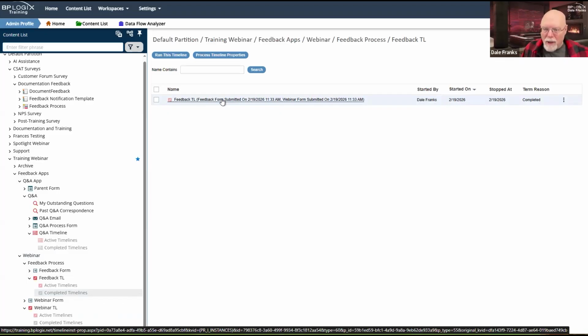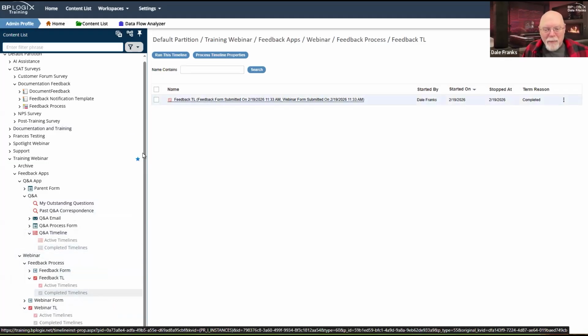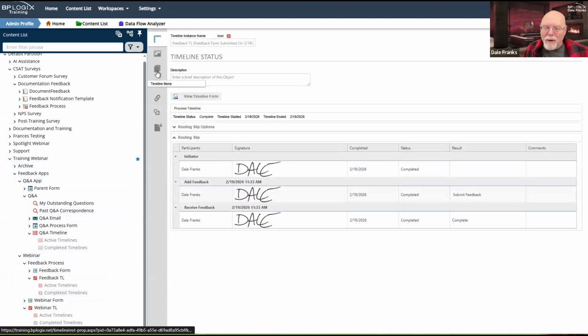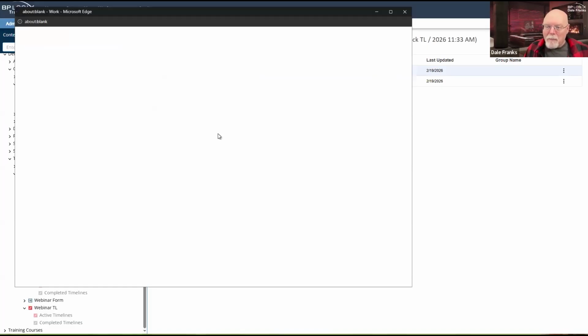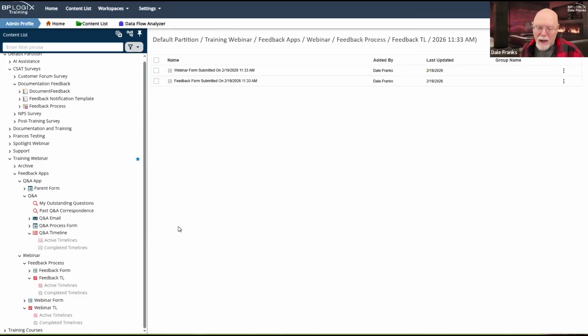So this is the possible security or at least confidentiality issue that I was talking about earlier in my law firm example. So I might not have access to see what's going on in the parent form. But if I do have access down here, it is conceivably possible that I can go to my timeline items and go, oh, look, here is the main form. Hopefully you have a permissions methodology set up that will prohibit this. But now I can open up my parent form and see potentially confidential information. Probably don't want that to happen.